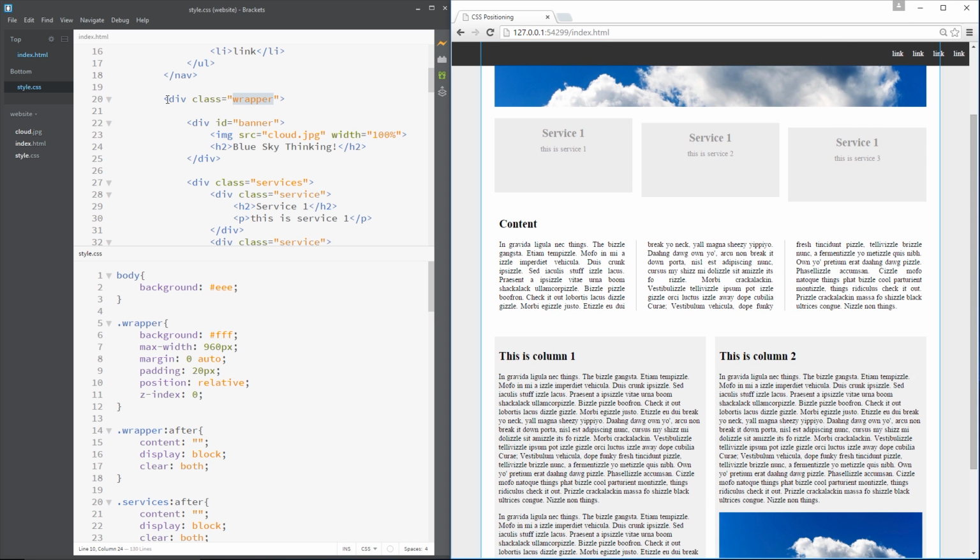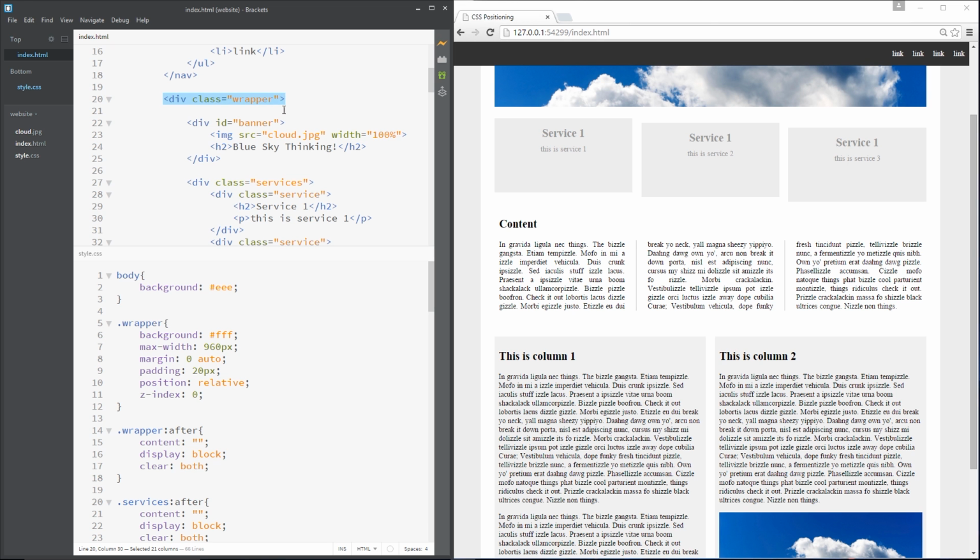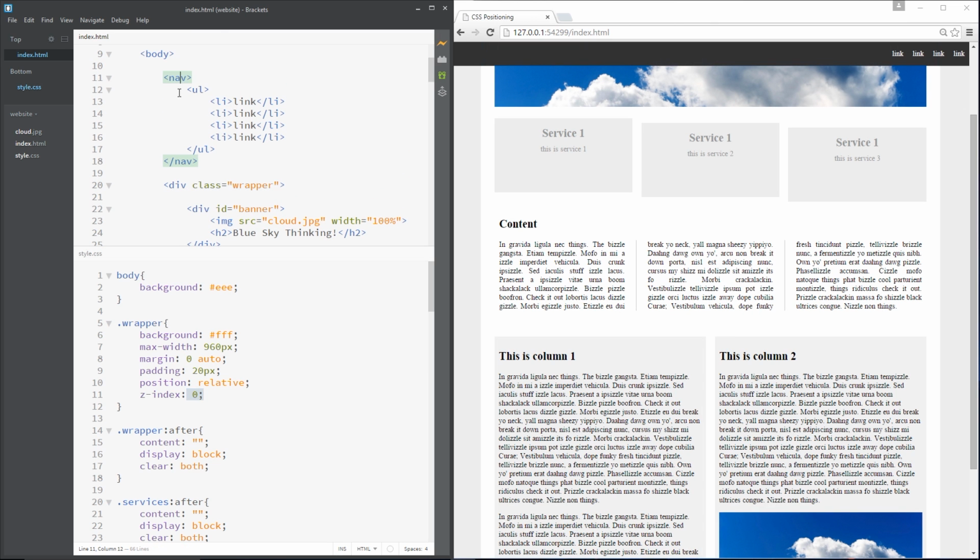And that is because we've created a new stacking context right here. This wrapper has a Z index of 0, right? And it's on the same level, okay, 1 level deep below the body as the nav. So everything within this wrapper has a Z index of 0 by default now, okay? Even this banner. So even though this banner has a Z index of 2, it is only in relation to this wrapper. Everything in this wrapper is given a Z index of 0, and this nav, which is on the same level as that wrapper, has a Z index of 1. So this nav is going to display above, it's going to come above in the stacking order, everything within this